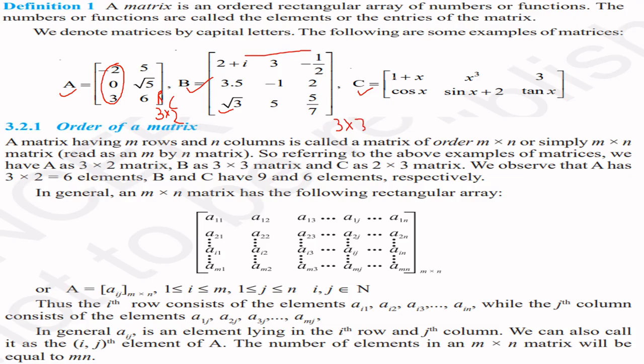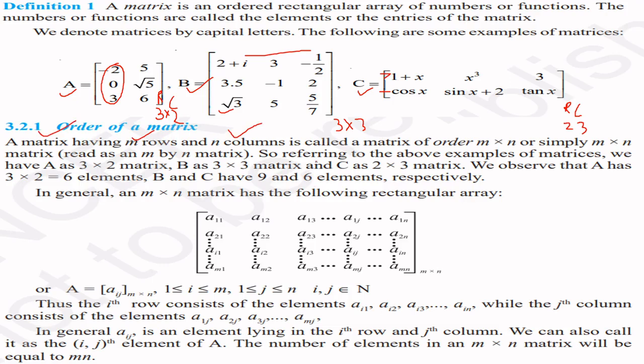And if there are only 2 rows and 3 columns, then we write it in RC form: 2 rows and 3 columns, so a 2 cross 3 matrix. So these are the different sizes of matrices and their representation. Now the order of a matrix. What is the order of a matrix? It is none other than what type of rows and columns it has, and we can say it shortly as the order of the matrix.